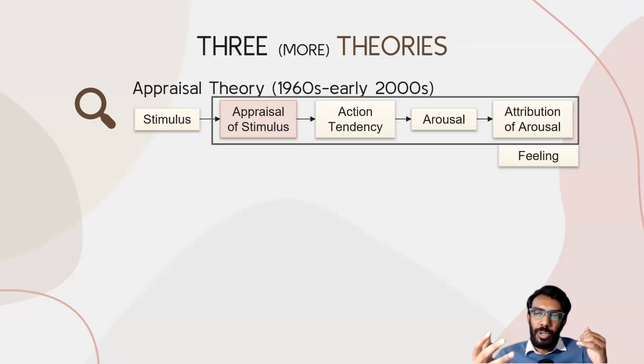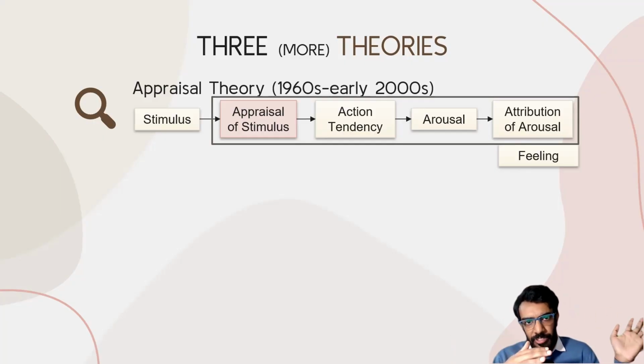This is based on the phenomenon that, for example, when a lion jumps in front of you, before you're even cognitively processing what is going on, your body tends to react quickly. You run immediately or you freeze immediately, right? That is the action tendency. This may even be before the physiological arousal itself. The arousal system also takes time. So there is a rapid wired system in our brain to take action rapidly after the appraisal of the stimulus. Around the same time, arousal also starts, and then there is an attribution of arousal.